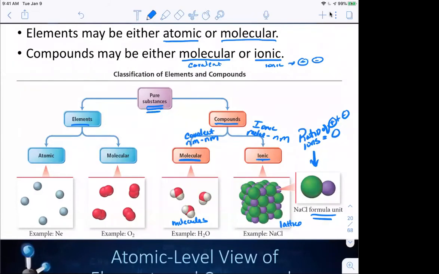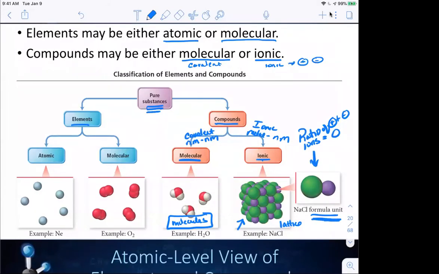compound. So for sodium chloride, it's a 1-to-1 ratio. I need 1 sodium atom for every 1 chloride, or I have 1 sodium plus ion for every chloride minus ion. And those two come together and they form that sodium chloride formula unit. So this is not a molecule, this is a formula unit. In the solid form, I form a lattice. This is not molecular, it's just a ratio. Whereas when I covalently bond, I actually form molecules as my lowest unit that acts together. So I don't have an NaCl molecule that gives me a ratio of the charges of the ions in the